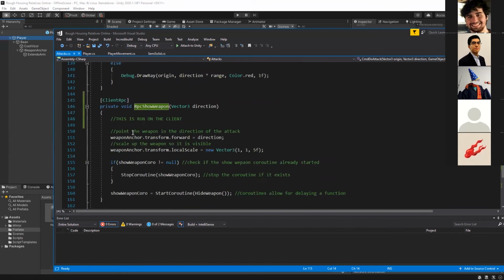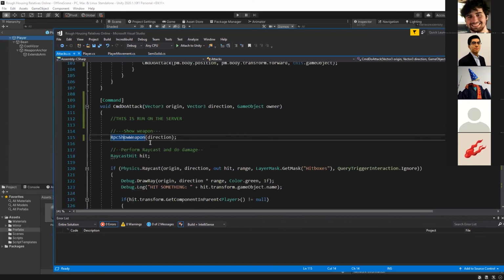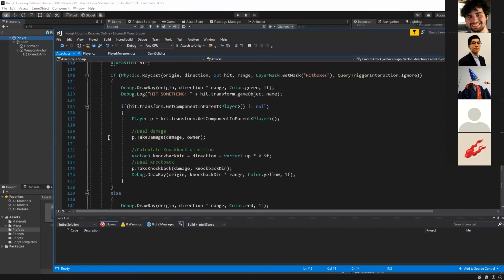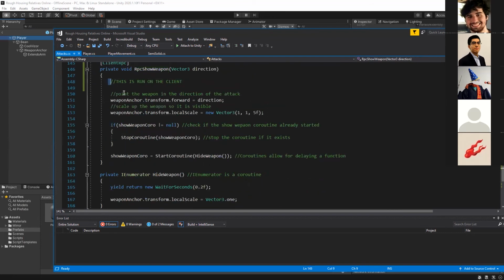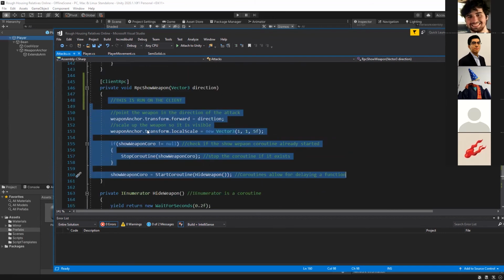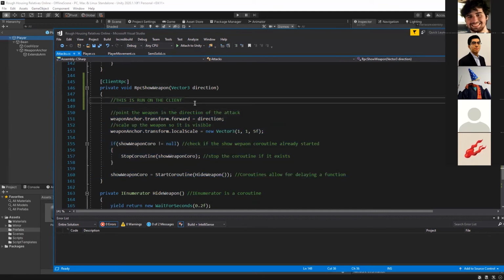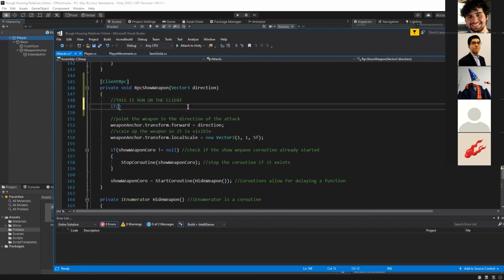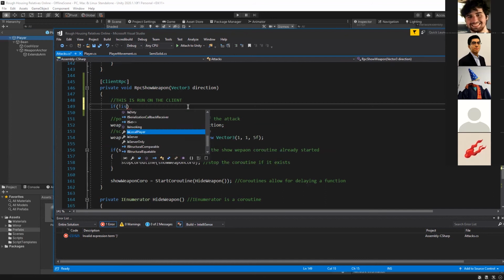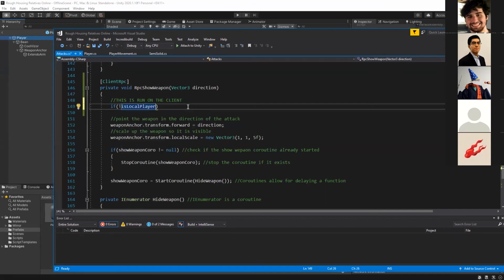So right now what would happen is I did the attack, the server registered it, it's doing the RPC. This piece of code will run on everyone's computer. So depending on the use case, you might have to do if is not local player. And then you do something different in that case. Looks like maybe one of the examples is for respawning, or well, actually that's not good.